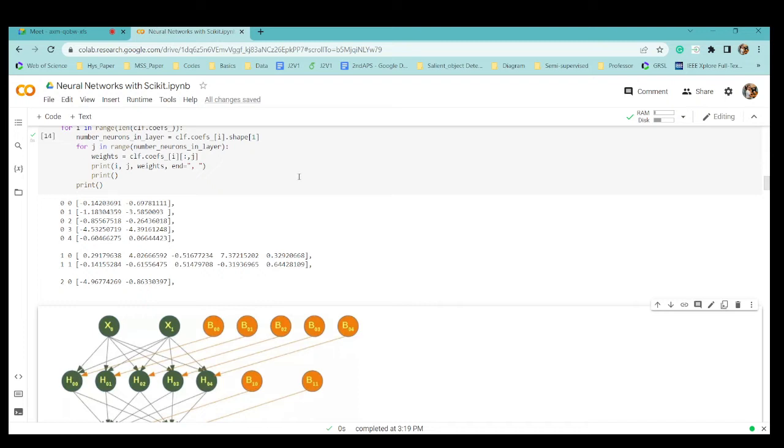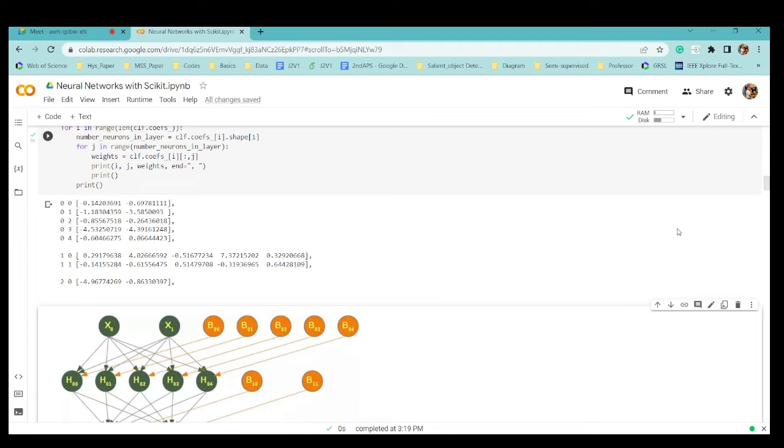Yes, ma'am. So can someone tell why the H00 neuron has two values, H10 has 5 values, and again H20 has two values? Hidden layer values. Yes, but H2 consists of five hidden layer values.